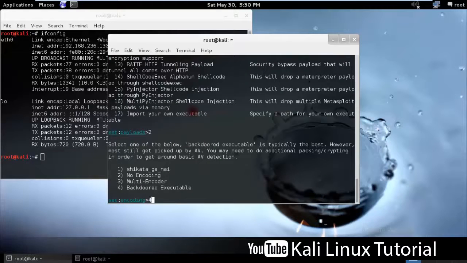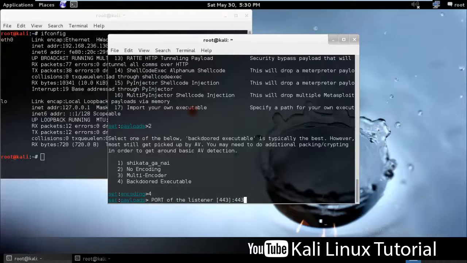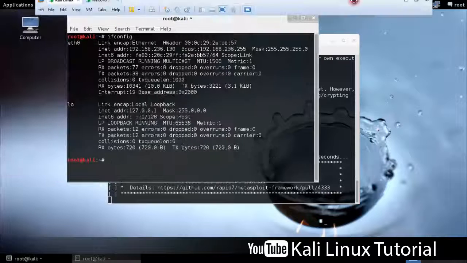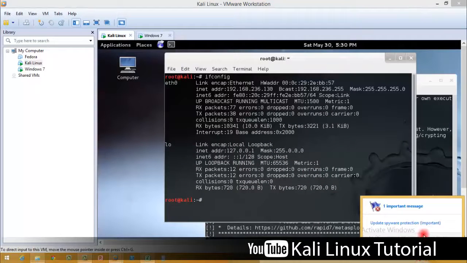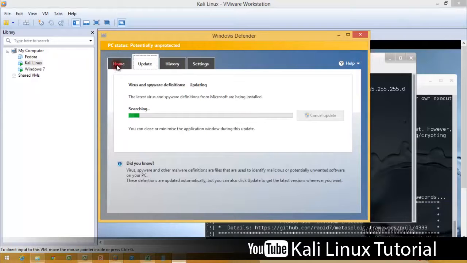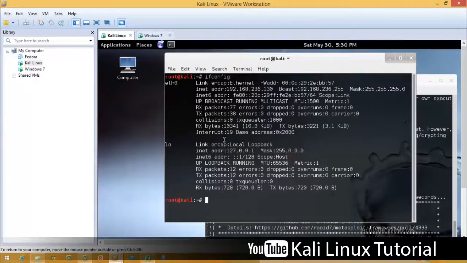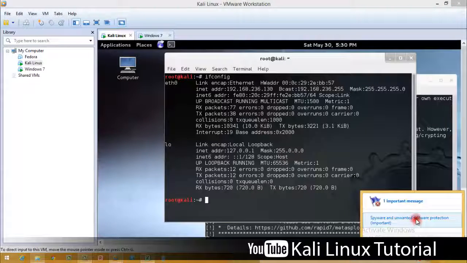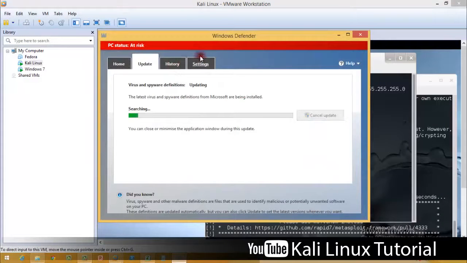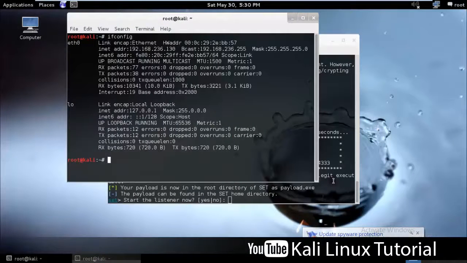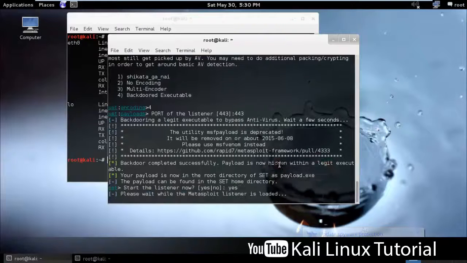I would normally use an interpreter. The reason being that I can use anything that I want, or gain all the system files to my computer, gain access to all of those things, and after I have all the files that I need, I will go ahead and crash the computer. So this file will be created, and I'll stop my Defender for the time being. Is it updating? Okay, perfect. So my Defender is off. Perfect. And I believe my virus has been created, and I'll start the listener over here.